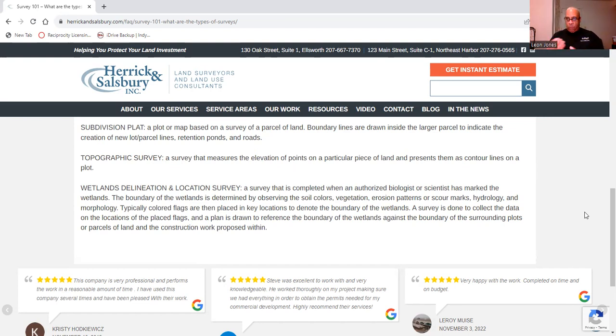And then once you shoot all those points, you're going to put them into a data collector, and you're going to download everything from the data collector onto software like Civil 3D, Carlson, or BricsCAD. Each of those points that you shoot out in the field is given a number, and also given a code.